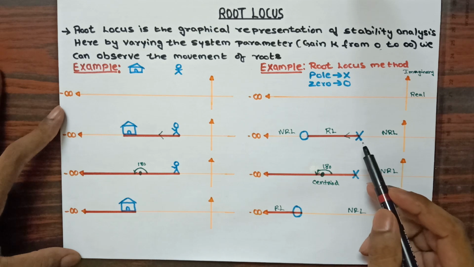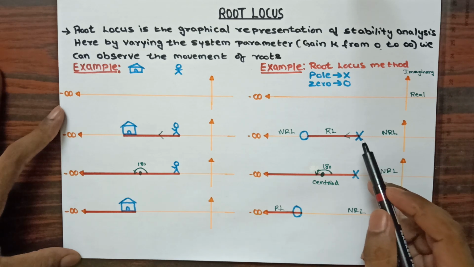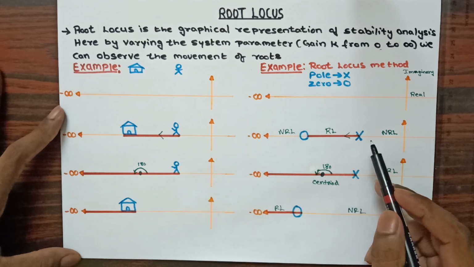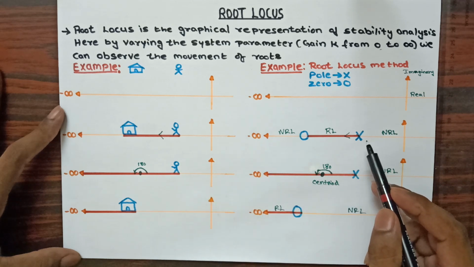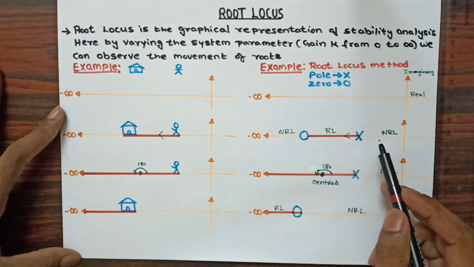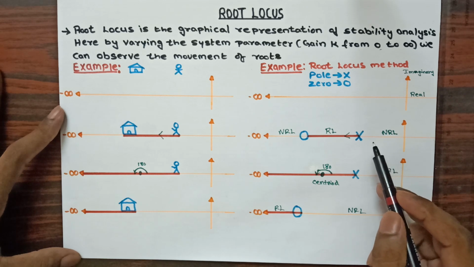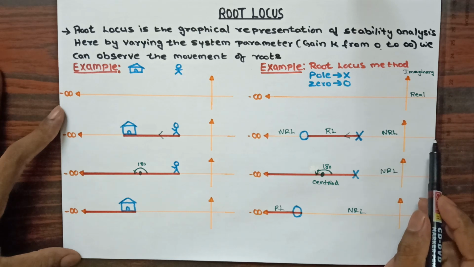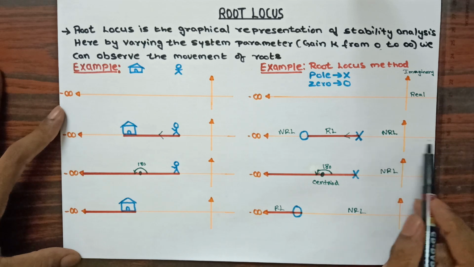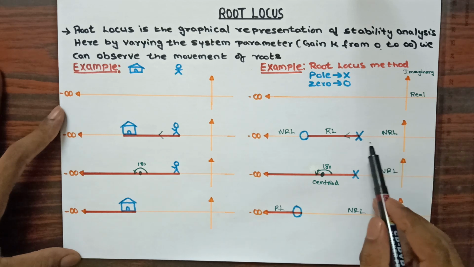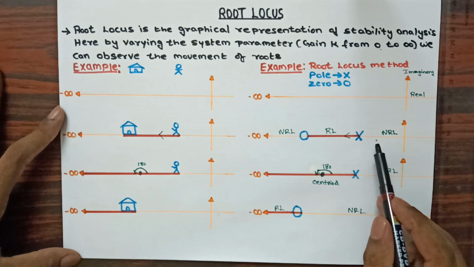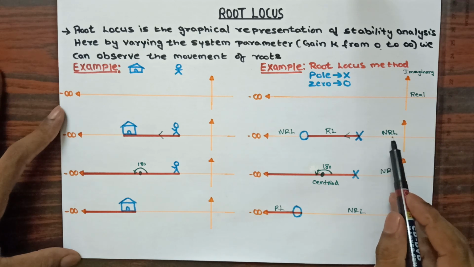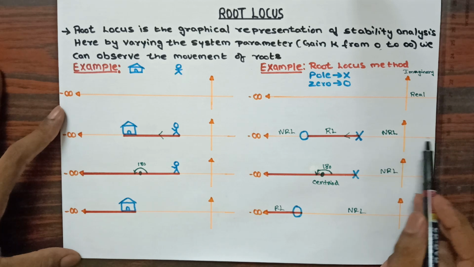Now in this we need to find the root locus path. To find the root locus path, the condition we considered in the general method is the same here also. We are going to consider the odd count of poles or zeros. We'll provide the root locus path only for an odd count of poles or zeros. Let us see here, we are going to count from the right hand side. From this point to this point I am not having any pole or zero, that is 0 count. 0 is even. For an even count we are not providing any root locus path, so you can see that I am considering no root locus path from this point to this point.